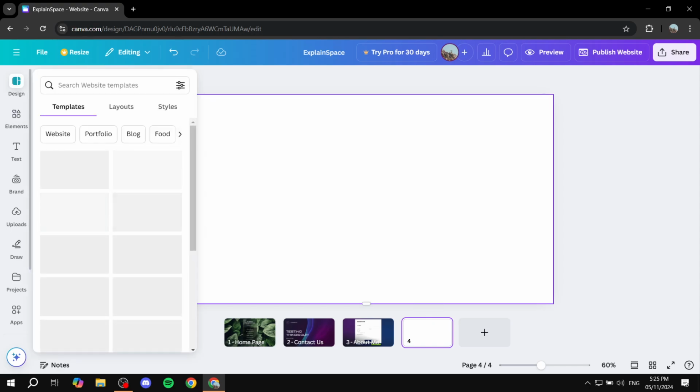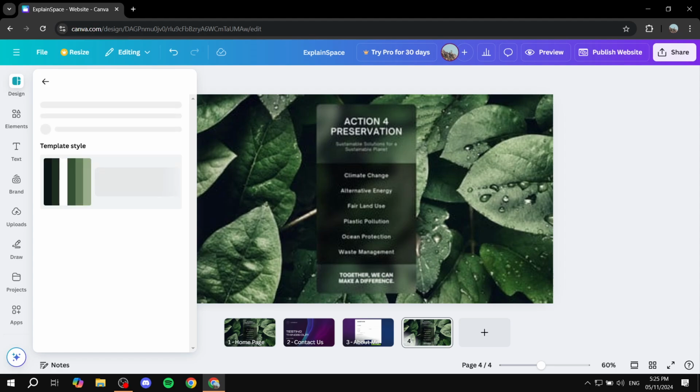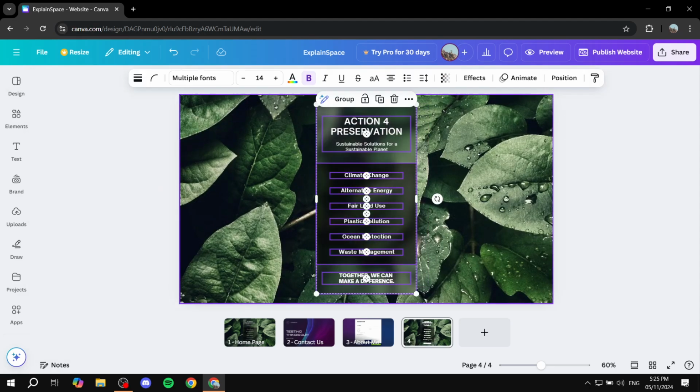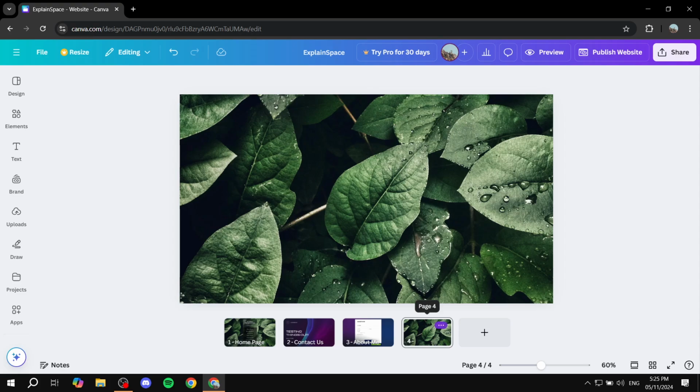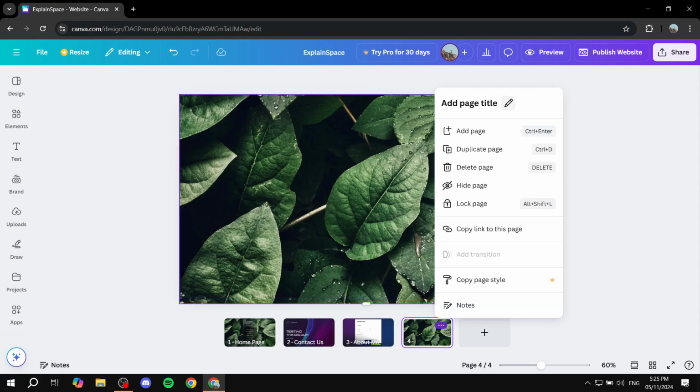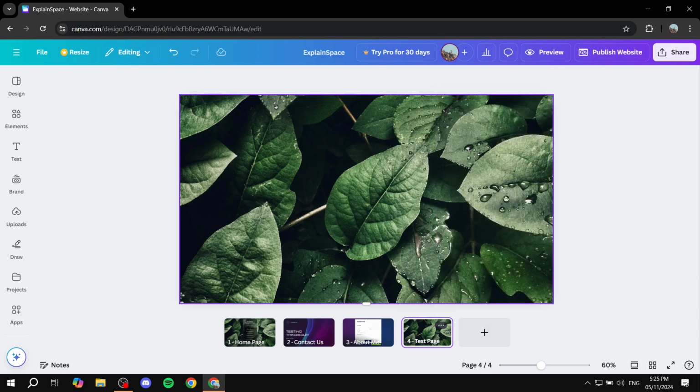Let's just go ahead and give it some sort of a design here. Let's just copy the first one. And in this case, obviously, we'd want to click on the three dots and give it a name. So test page. Right. So now that you have given all of them names,